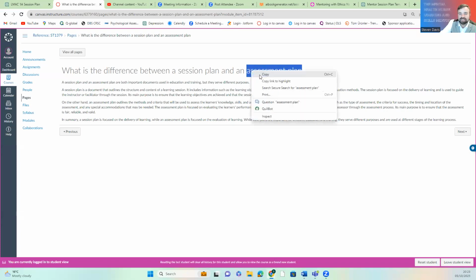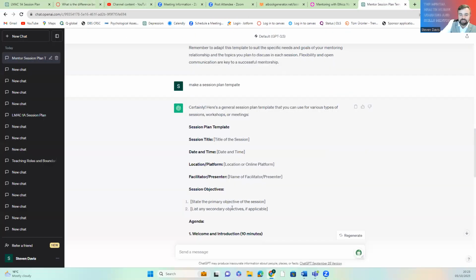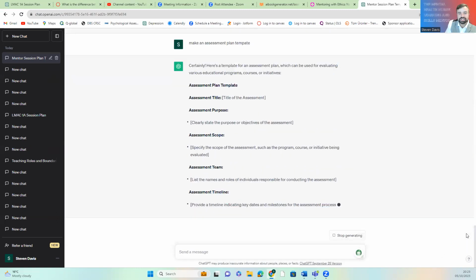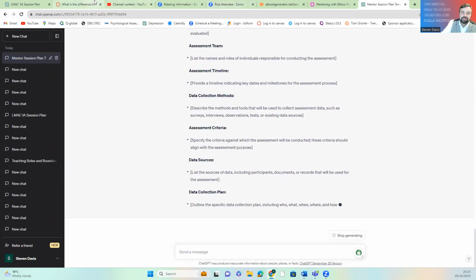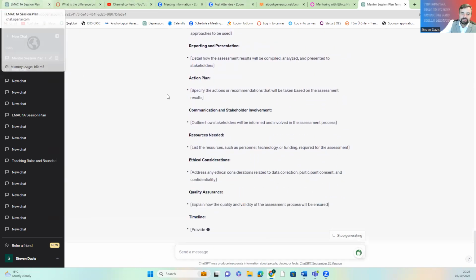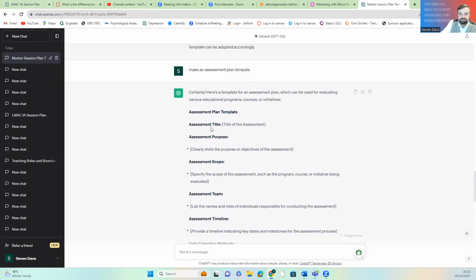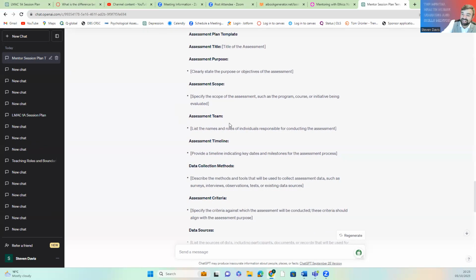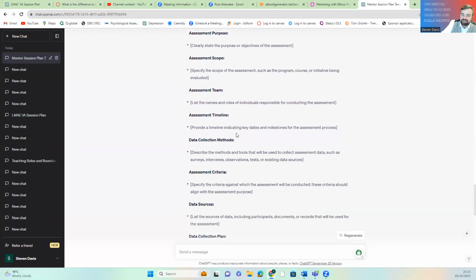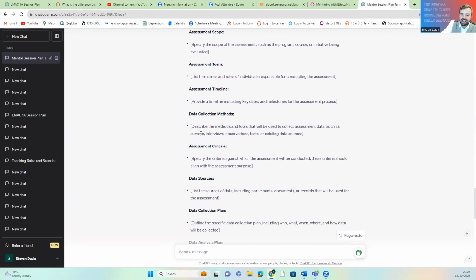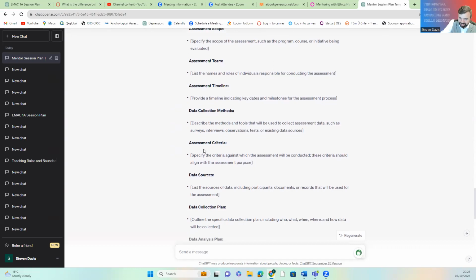So the assessment plan will have things like activity assessments, and assessment plan. So if we look at this, there we go. So looking at then what's being assessed, the purpose of why you're assessing it, what you're hoping to achieve, who's going to be in the assessment team, how long is it going to take, what methods are you going to collect? So normally observation, professional discussion, reflective account, what criteria is being assessed,